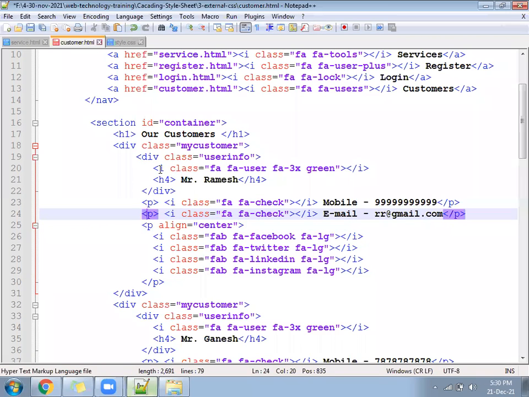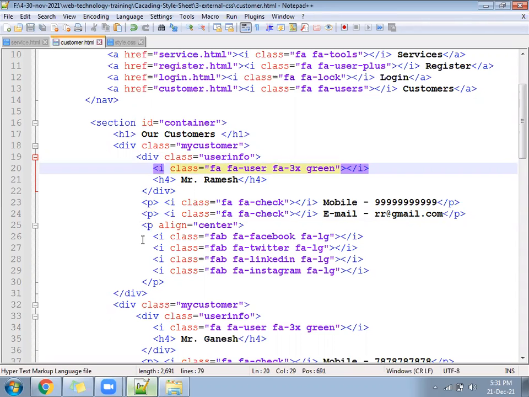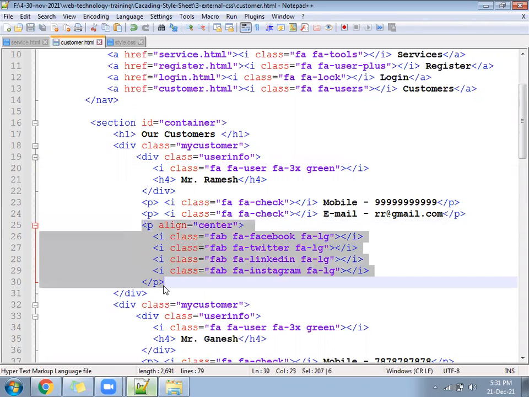After that, the icon came in the middle. Now in the same way, you can place this paragraph everywhere.